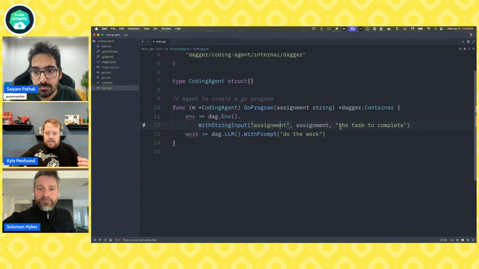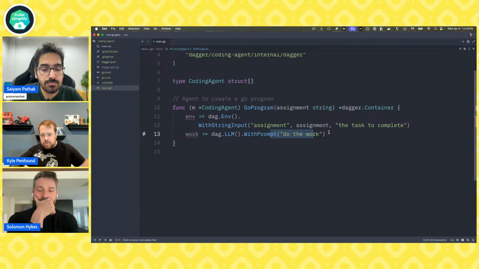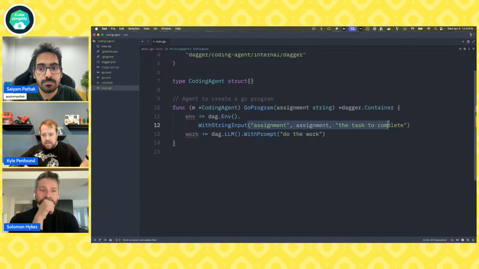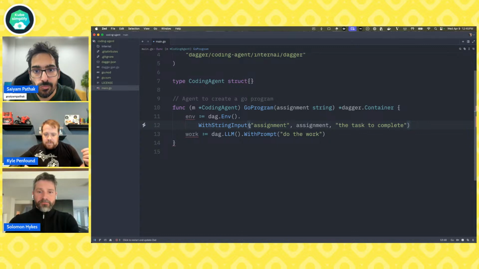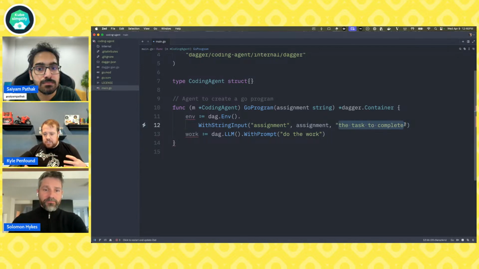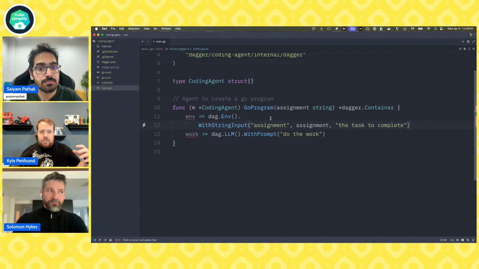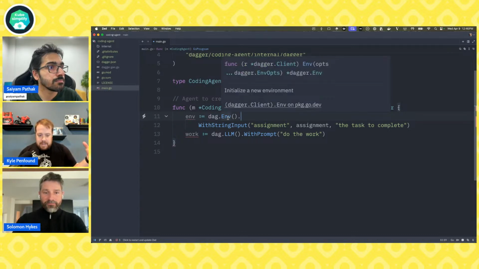Now, this is kind of cool because we're not just adding a bunch more words to our prompt to say, you have a bunch of tools, go figure it out. This is actually prompting along with our objects in our code, right? So when it receives this input, it has this descriptor that says what this object is. So when we give it more objects, which we're going to do in a minute, we'll see how this is actually building up our prompt for the agent as we're giving inputs and outputs, which is really neat because you have this declarative and structured environment that is going to be given to our brain.